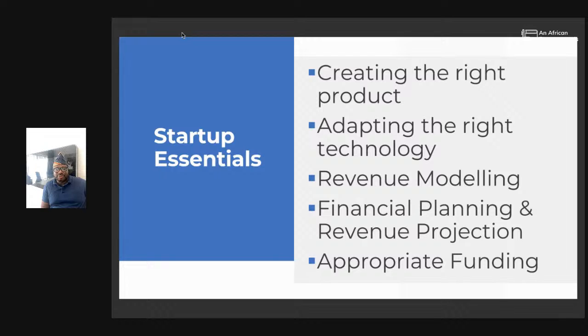And how do you understand what your revenue cycle is? Revenue cycle is very important because that determines the number of activities you can generate as a company and also determines your rate of growth. If you have a good revenue model where the cycle is shorter, the better for you, and if you have a good revenue model that you can charge multiple times and get benefit multiple times, the better for you. So we're going to look at all the revenue models that are better for whatever you're doing.